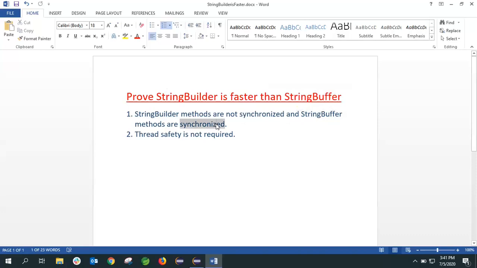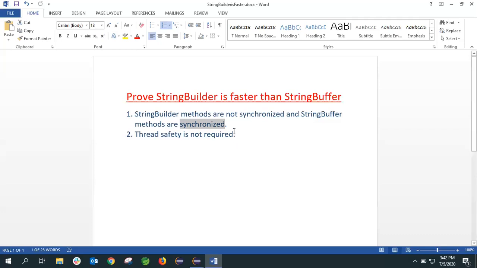What it means is that when we define any method to be synchronized, it allows only one thread to operate on it at a time. So let's take an example. We have a Java program using two threads, and two threads want to access the same method. So if you define the method to be synchronized, then the Java JVM does not allow two threads to access the same method at a time. It asks the threads to wait until the other threads completes its execution.